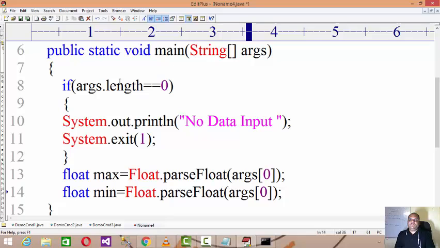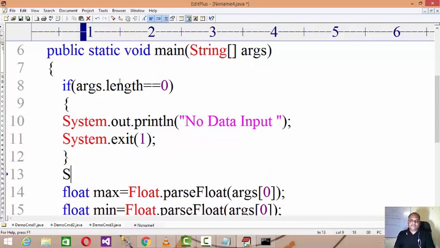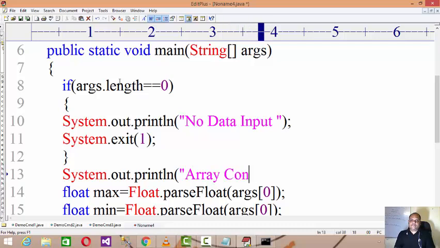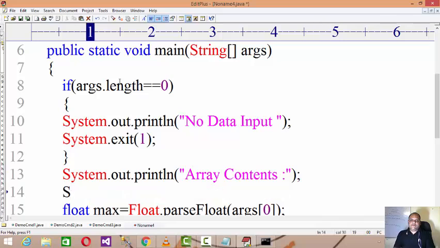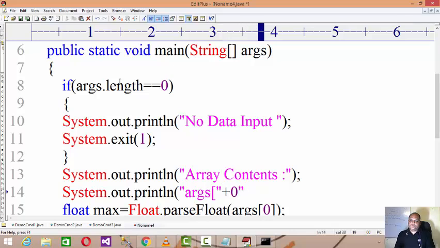Right? Now as we are dealing with floating data, you have to use a method called parseFloat, which belongs to the Float wrapper class, and at the same time you can print that. System.out.println array contains, that is System.out.println args of 0, the value available in args of 0.